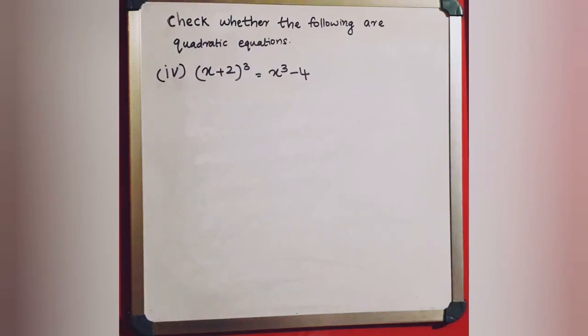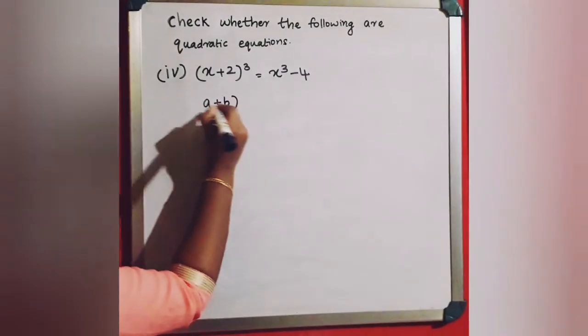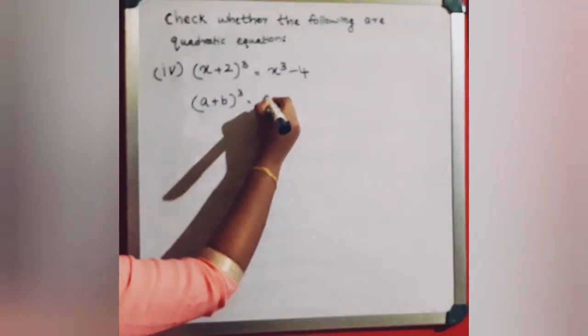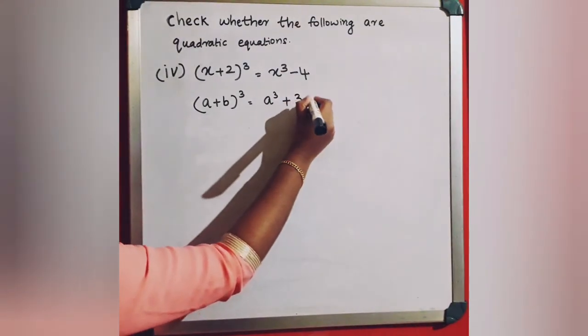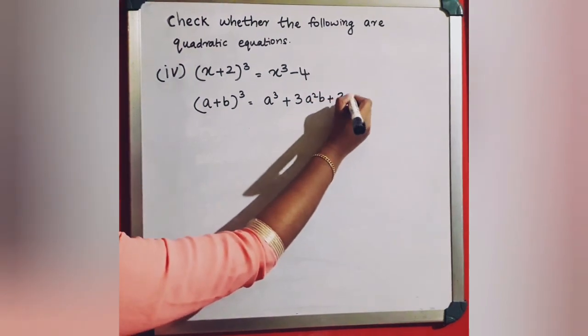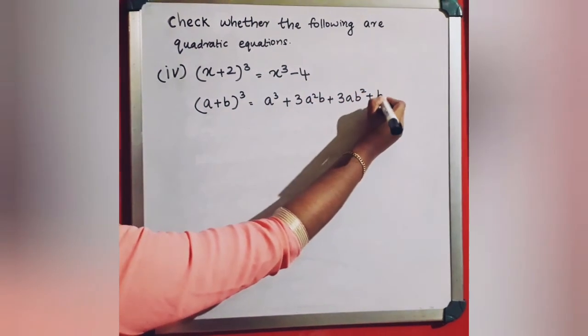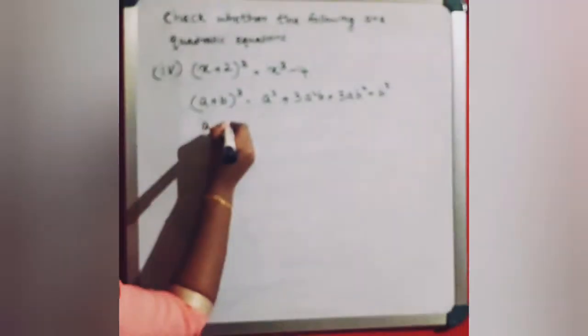The next problem is check whether the equation is quadratic. The equation is x plus 2 whole cube is equal to x cube minus 4. We know that a plus b whole cube, what is the value of a plus b whole cube? It is a cube plus 3a square b plus 3ab square plus b cube. Here a is x and b is 2. So x plus 2 whole cube is a cube, that means x cube plus 3 into a square, which is x square,